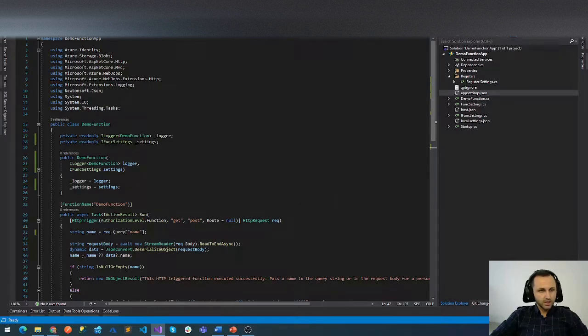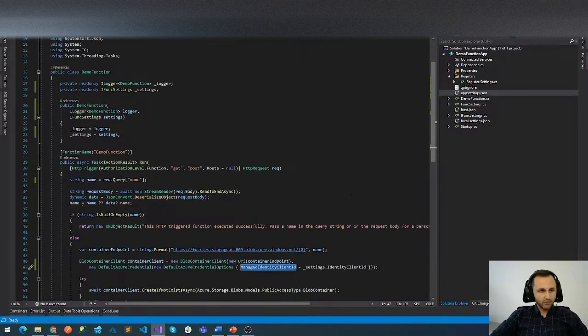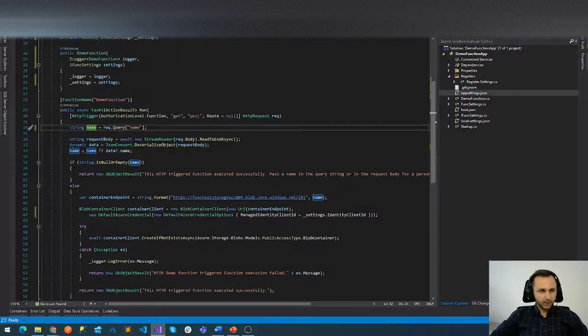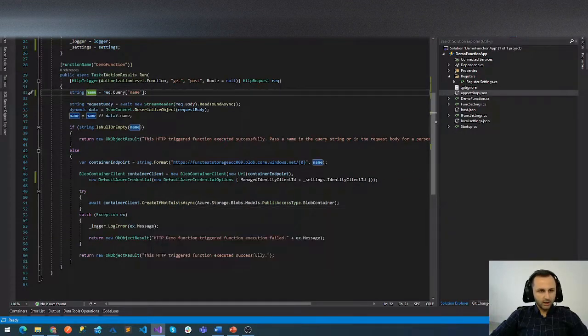on the cloud. Basically, we have one simple Azure function which is an HTTP trigger. It can be get or post. We are extracting the data and we are storing that information in a local variable. It can be via the body parameter or by query parameter. We have a simple check. I'm not going to bother with that, but the whole idea is that this function wants to create containers